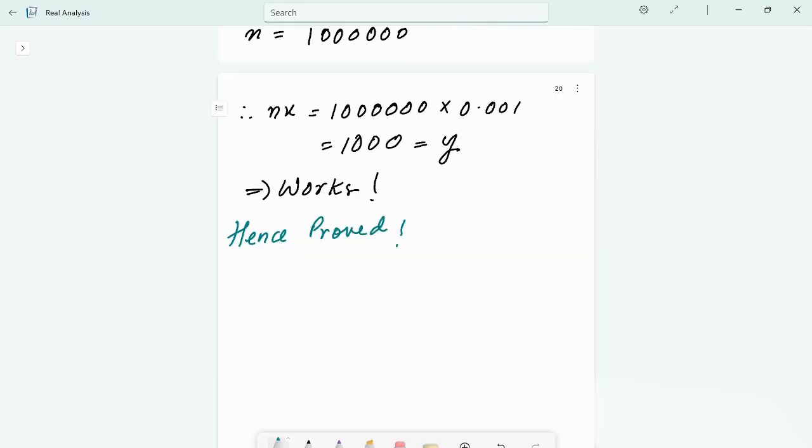But can I just say why it is important? This theorem is a foundation for many other results. It helps prove the density of rationals. It justifies approximations in limits and calculus. It's essential for constructing real numbers from rationals. The Archimedean property is very important. Like you have seen in most of the theorems, we have used the Archimedean property, right?